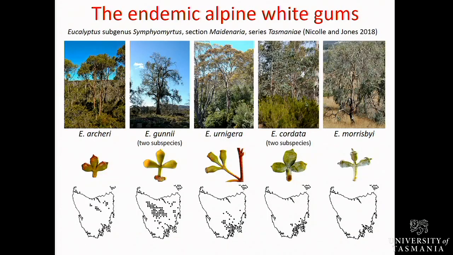So the alpine white gums are a group of species that are only found in Tasmania. Eucalyptus archeri, gunnii, and johnstonii occur on the central plateau where there's complex patterns of clinal variation that link them. And then gunnii and johnstonii also occur down in the southeast where, when they co-occur there, they're quite distinct. And cordata and morrisbii are found in the lowland regions. Morrisbii is probably one of the rarest eucalypts with just two main populations left, and that's the one that's been buzzing away sequencing right now